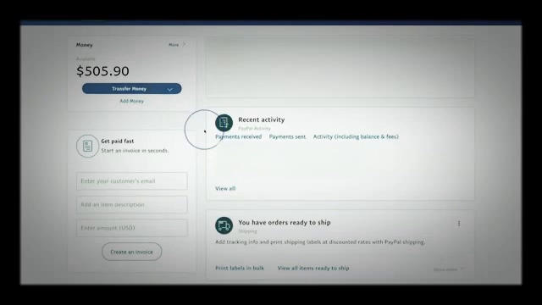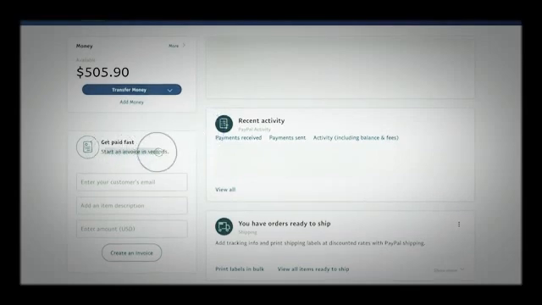But one of the useful ones inside of this is creating an invoice in seconds. Is basically putting in someone's email, like a customer's email, the description and the amount, and creating invoice, which makes it a lot easier to professionally request money from people that you've worked with, like your customers. I'll do a video dedicated to PayPal for Business, but ultimately, if you go to the money tab here, it's